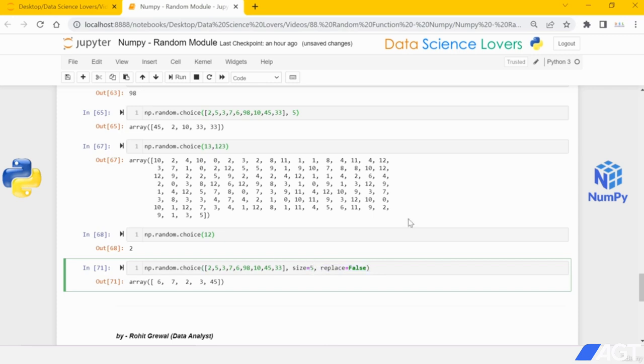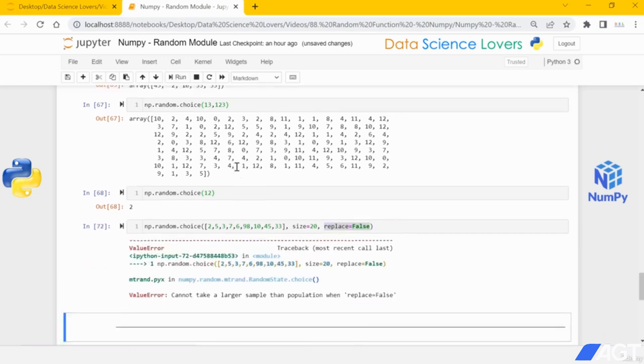Now suppose I pass size as 20 here, but how many elements does our sequence contain? 1, 2, 3, 4, 5, 6, 7, 8, 9. Our sequence contains 9 elements, but we are asking for 20 elements from this sequence. And we are also asking that there should be no repetition. If I run this, then it will show an error because we are asking for more elements than the